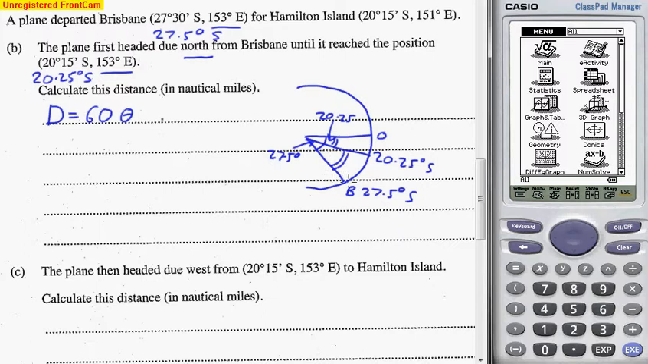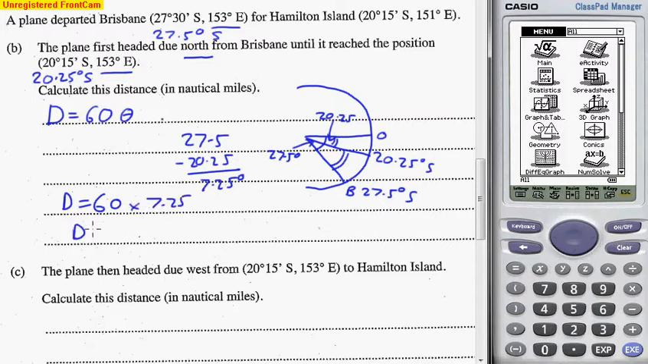And I will do that just by subtracting one from the other. So we've got 27.5 minus the 20.25, and that will give me 7.25 degrees. I've moved through an angle of 7.25 degrees, and having done all that, I can now calculate what the distance is. The distance is 60 times the angle between them, so times 7.25,